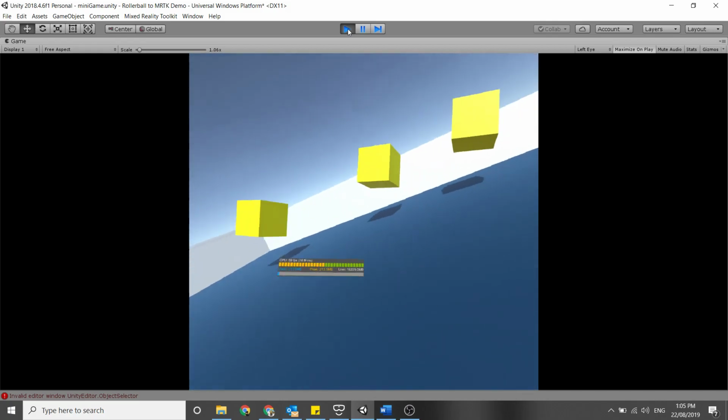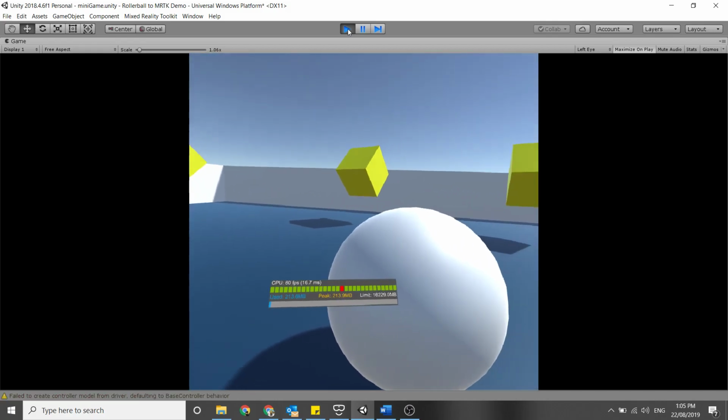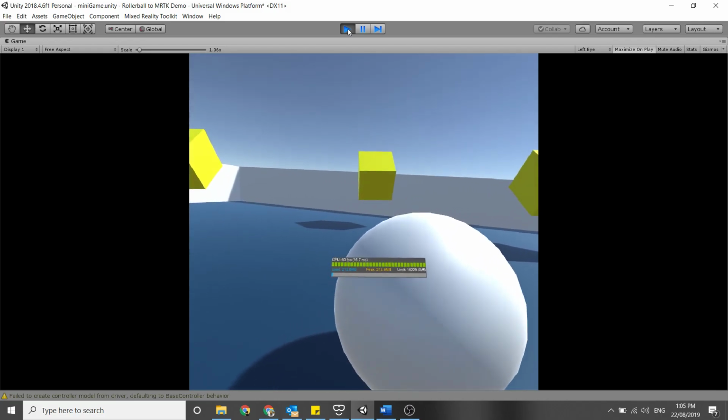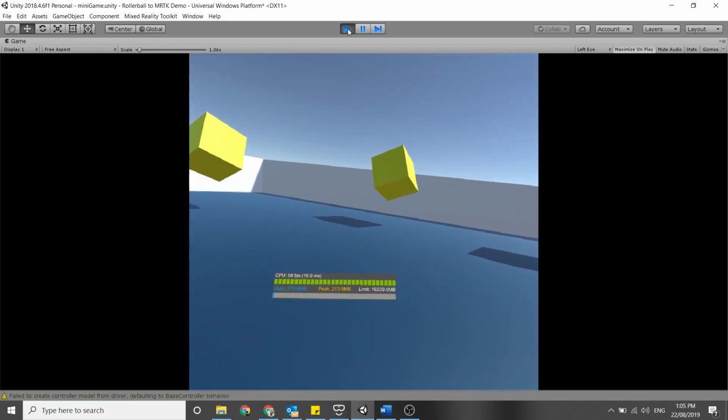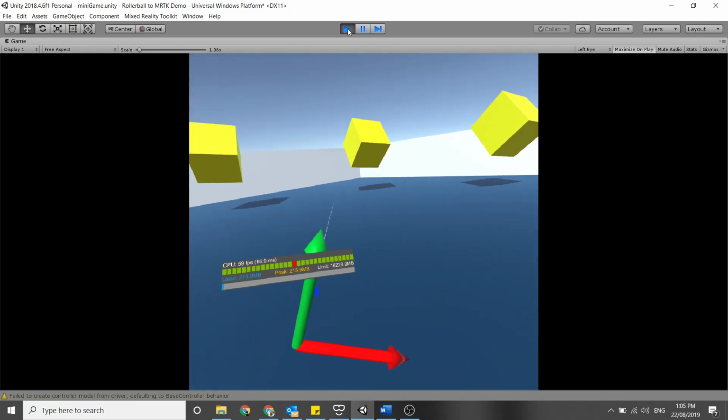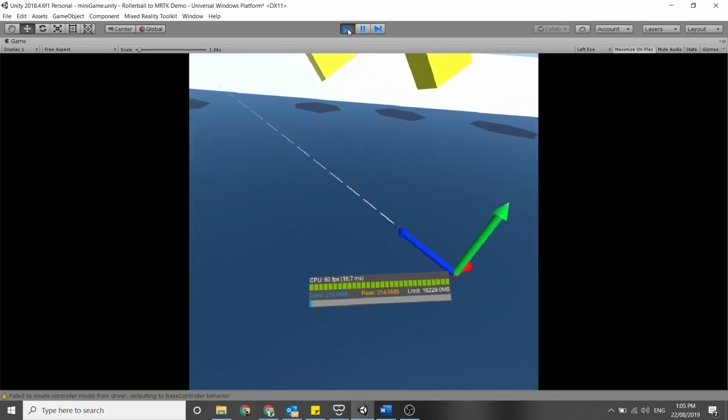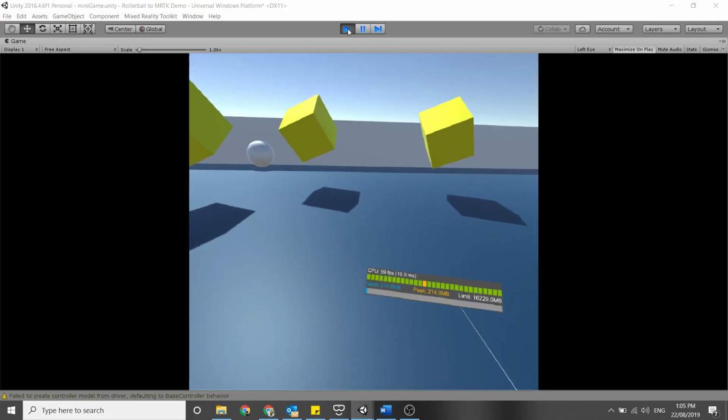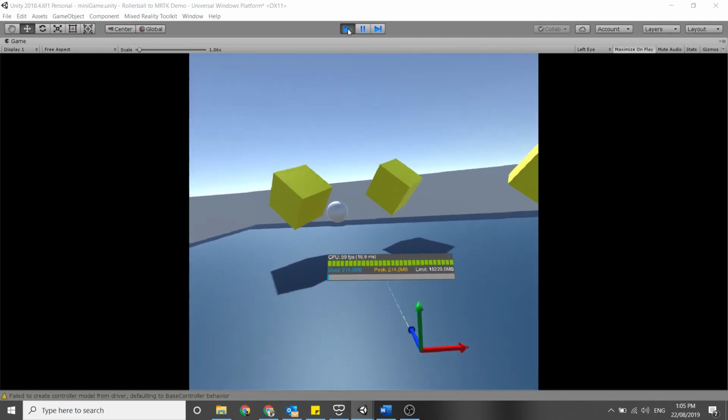I just realized that the reason it wasn't moving before was my controller was not turned on. So now, yep, it's actually working much better. If I look for the ball, I'm going to put my headset on so I can actually see. There is a ball there, yep. So I can now,